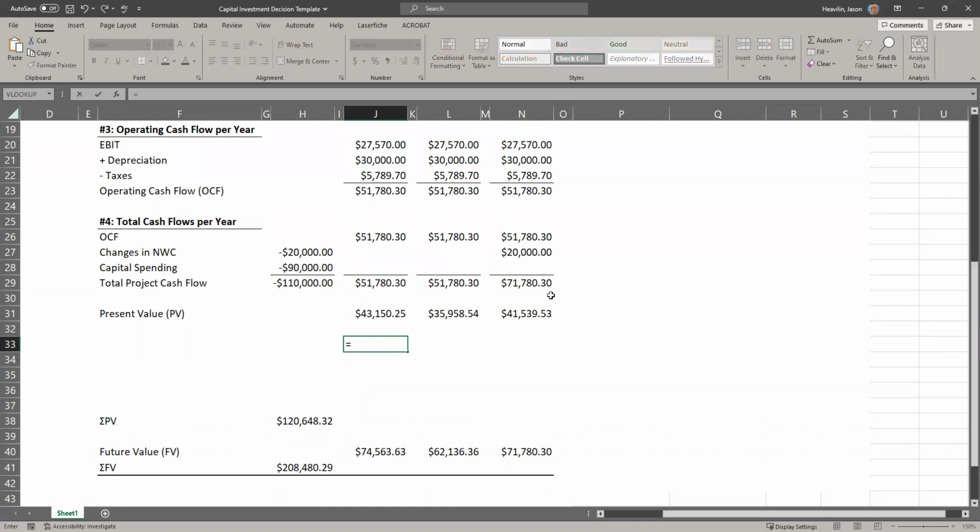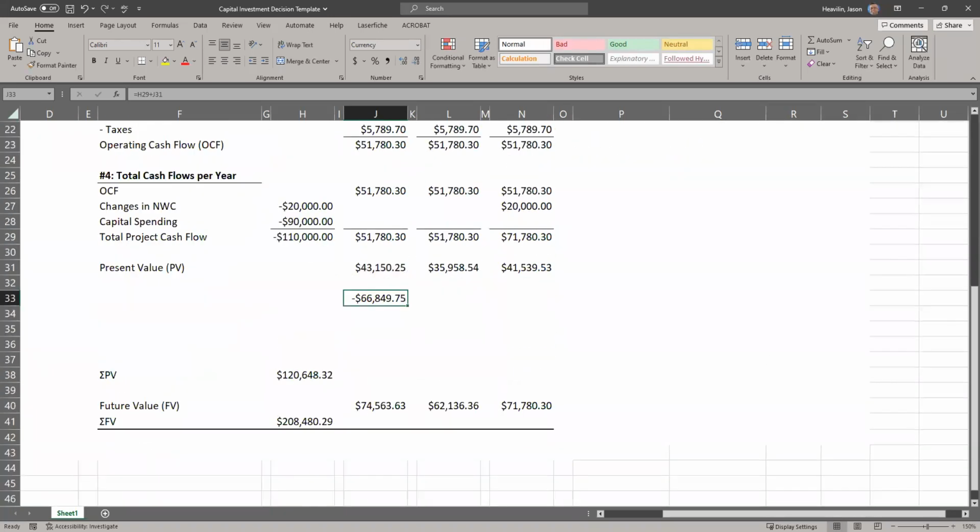We start with the amount of cash that went out, but we're going to consider that cash flow instead of the higher one, because yes, I'm going to get 51,780 next year, but that's nominal. The real value is 43,000 in today's dollars, because the $110 that I put out was in today's dollars. So we do that, and we get that